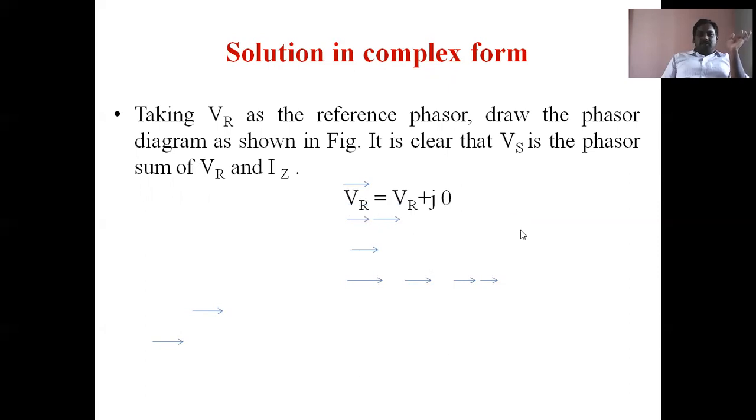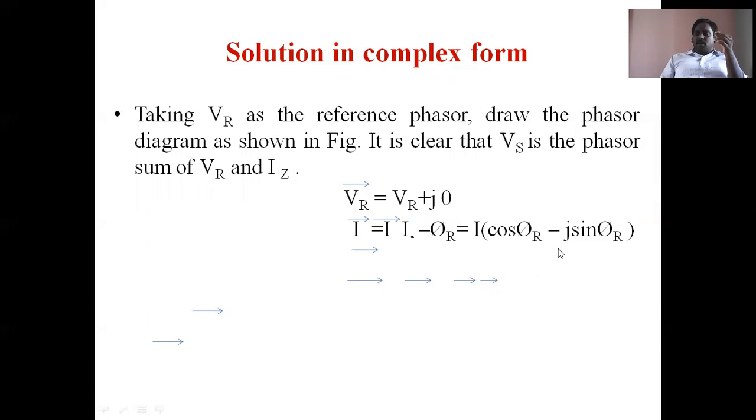So first, VR is the magnitude of receiving end voltage. VR bar is the vector of receiving end voltage, which represents both the direction and magnitude. That's why VR bar is equal to VR plus J0, that means in polar form, VR at an angle 0. And I bar is equal to I at an angle minus phi. So here also current is a vector representation. Then this polar form can be represented in complex form.